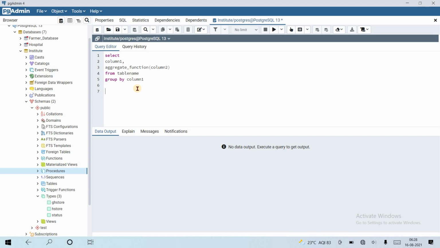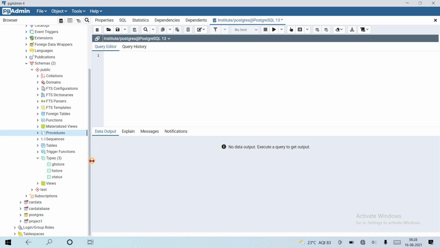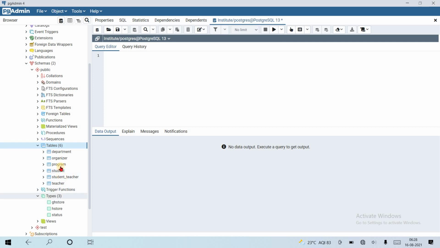So group by eliminates the duplicate values, like distinct. Let's get the total count of programs grouped by program name. Let's see where our program table is. Inside the CMAS table we have a program table.